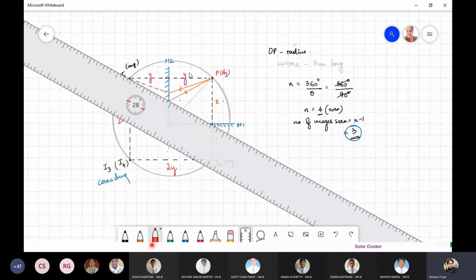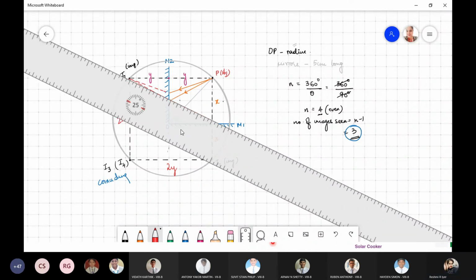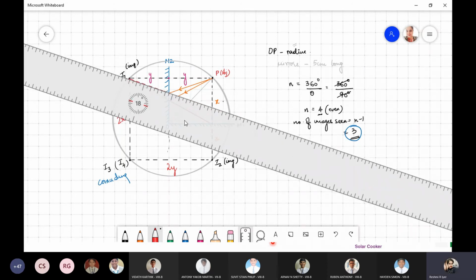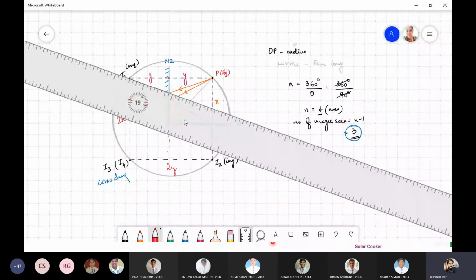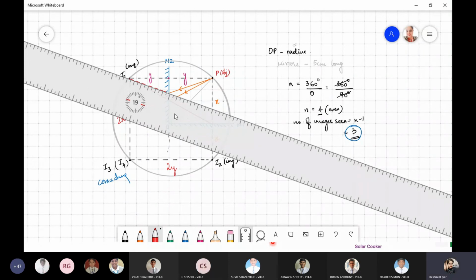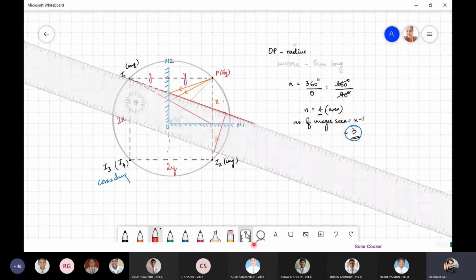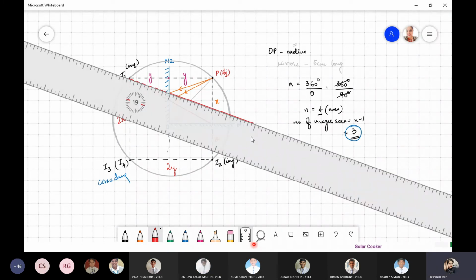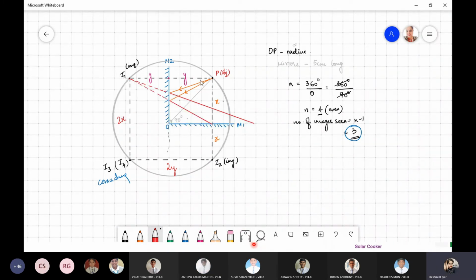So you have shown how I1 is forming. Any doubts? And remember, you produce the reflected ray forward. To show how the rays are bouncing, you need to produce the reflected ray forward. Now, some of you, your reflected ray might come outside the range, and that is okay. Don't worry. Got it?